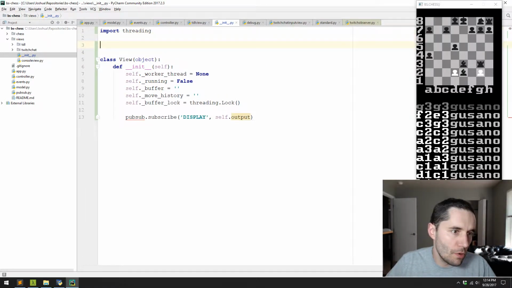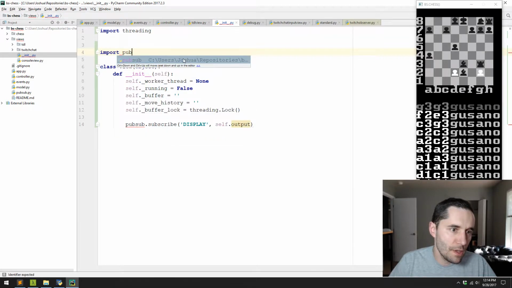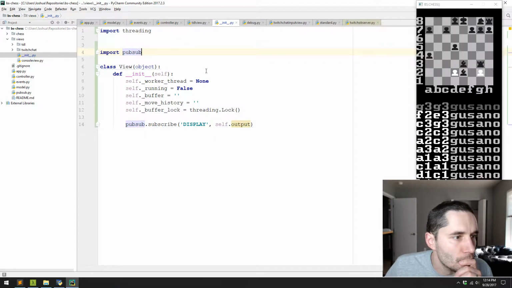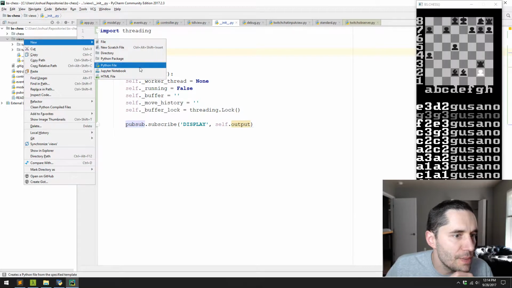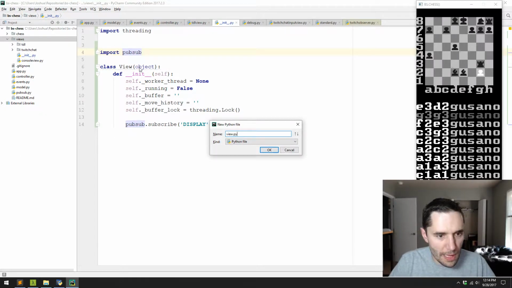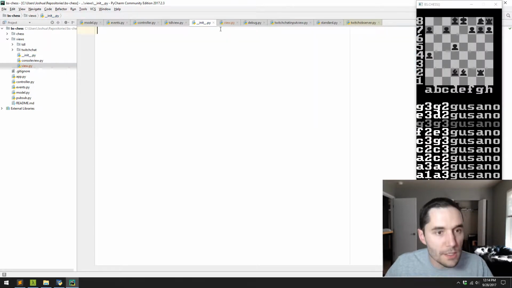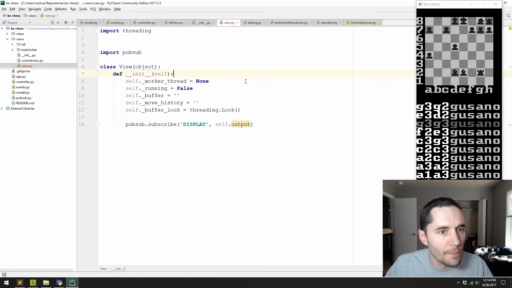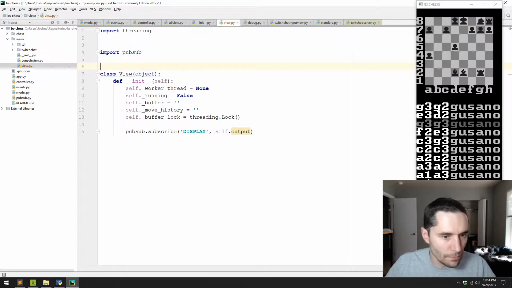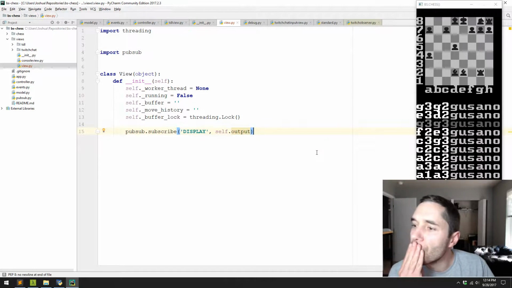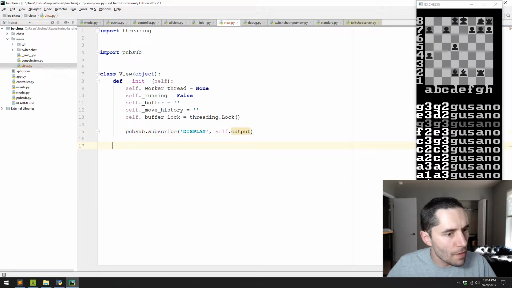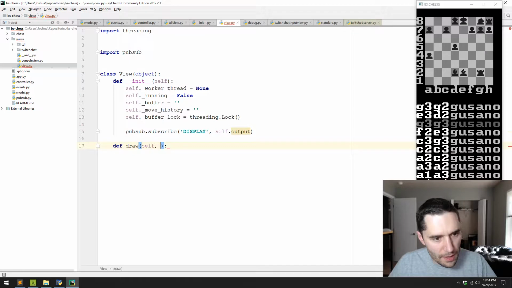We need to import pub/sub. Maybe this should just live in its own file. Let's make a view.py. Let's just move that instead into here. Control A, Control X, Control V. Okay. So then we have, so this will have a def draw, and this will supply the